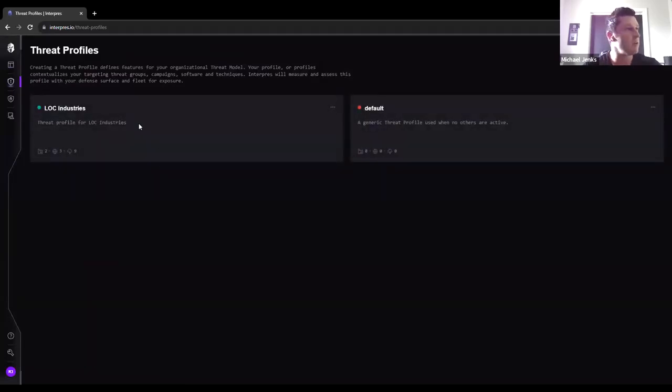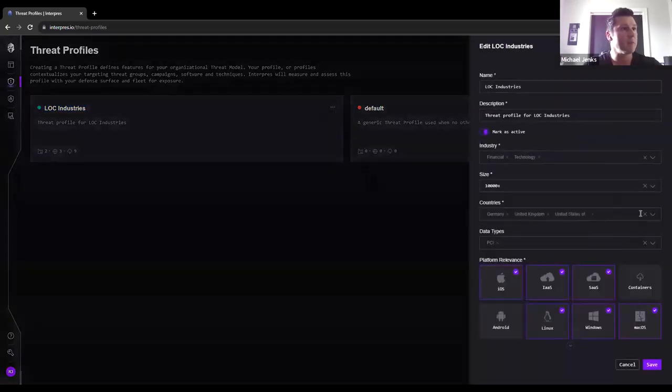We recognize not all organizations are the same. So step one with Interpres is to establish a threat profile for your company. LOC Industries is a fictitious company that we've staged for the demo environment. And what we recognize is organizations have unique aspects that make them more attractive targets than others for various threat